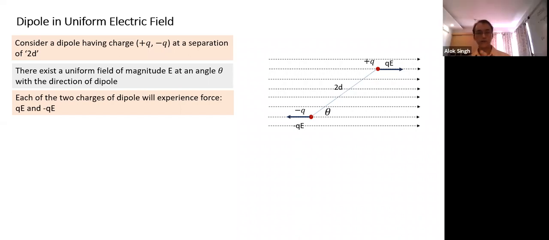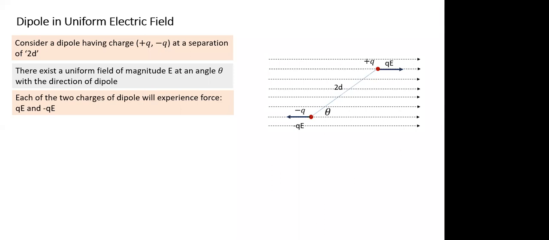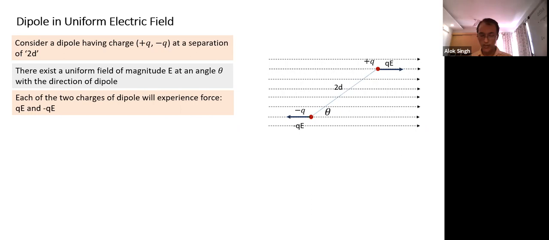Okay. First, forget about sin theta. What we discussed in the previous slide, are they forming a couple? Yes, sir, they are forming a couple. They are two equal and opposite forces. If it forms a couple, first of all, the torque due to these two forces is independent of the choice of axis. I don't have to define an axis. Whichever axis I calculate the torque about, the torque due to these two coupled forces is the same. And what is the torque equal to? Force multiplied by the perpendicular distance between them. This is the perpendicular distance. So the torque is equal to force QE into the perpendicular distance.